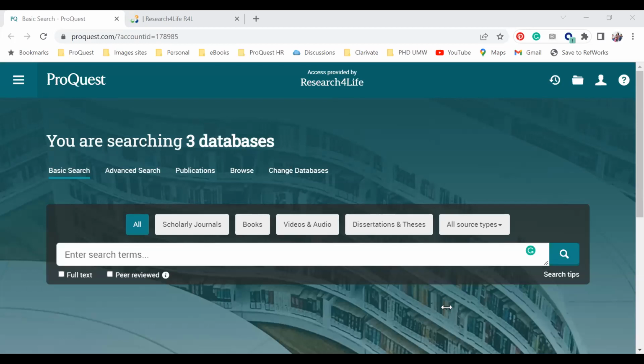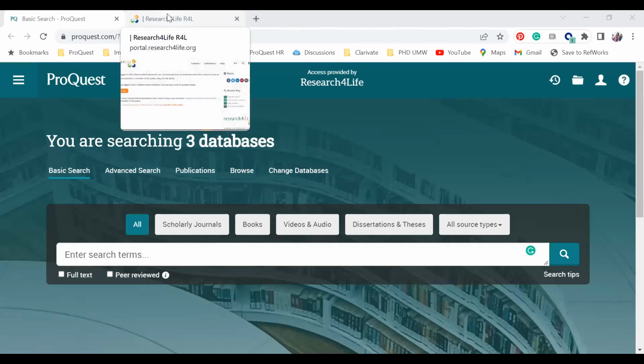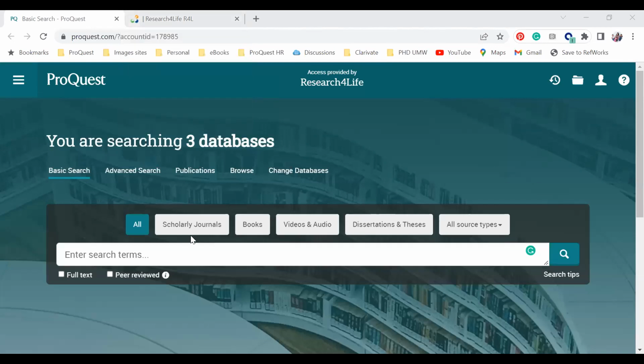On the Research for Life, other than the way that Samantha showed you, if you click on content, then you can scroll down to databases and you can access the ProQuest database from there. And one more thing I'd like to add here, I think we have also the Summon platform accessible to that particular Research for Life, and you are getting the home page from the Summon platform. So all the databases which you have access along with the PQDT Global, everything can be searchable if you are going to give any key terms in the basic search box. That is coming on the home page.